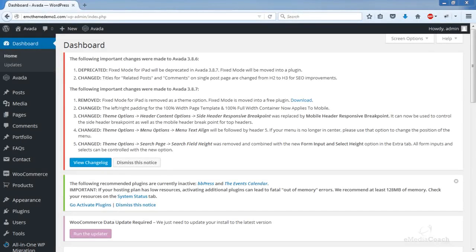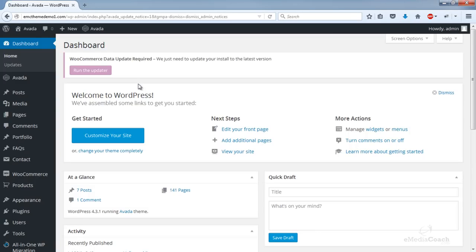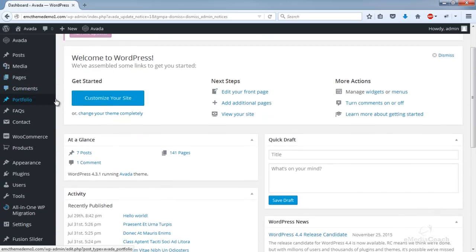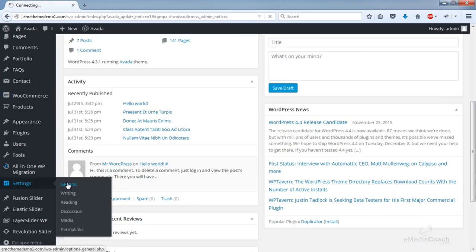Okay, now back into your dashboard area. There are just a couple of initial configurations that we need to do to set up the framework before we dive right into setting up the home page, slider, and all the other elements that go on the home page. You can dismiss any notices that come up. Okay, now just follow along with what I do here. In the left-hand side column, if you scroll down and go to Settings, General,